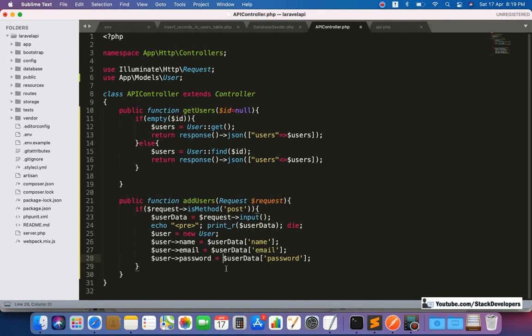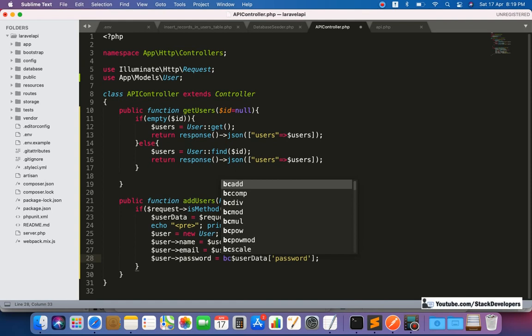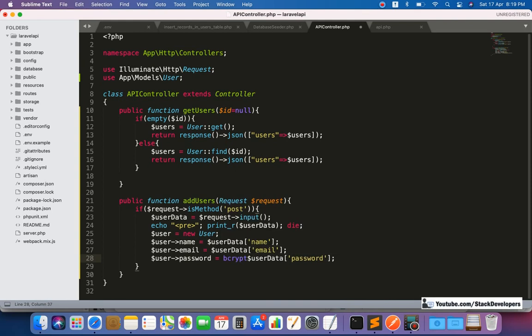Here we are going to use bcrypt because we want to bcrypt the password before saving in Laravel. We require to bcrypt the password, so we will do it like this. After that we can save.